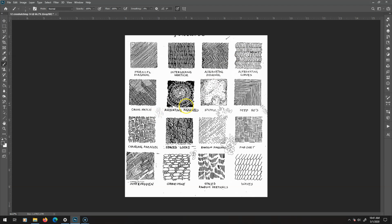You can see some options here where it's radiating. These are all pretty much using line. That's a good stone pattern. But even in all these different uses of line, you get different textures. So every different way that you think of using your hand could create a different sense of texture, and it's a different type of mark making. And you could apply all of these even while you're shading. So I could go, and we'll get to this eventually, but even while I'm shading, I can move my hand